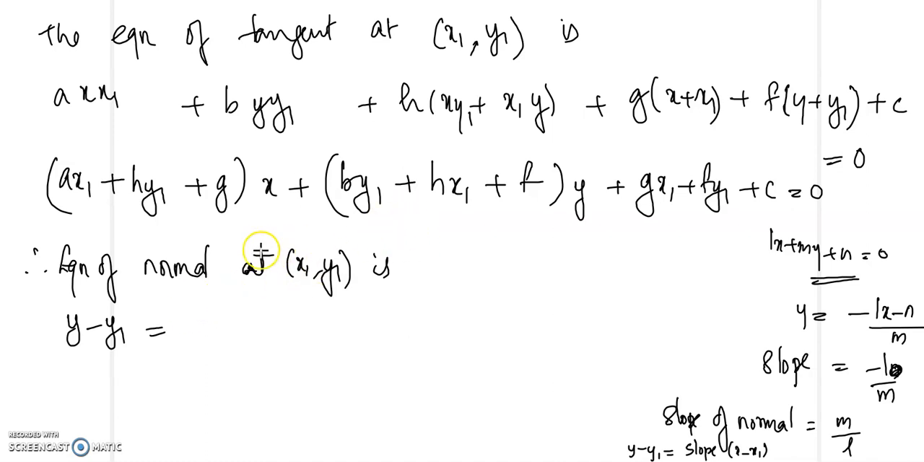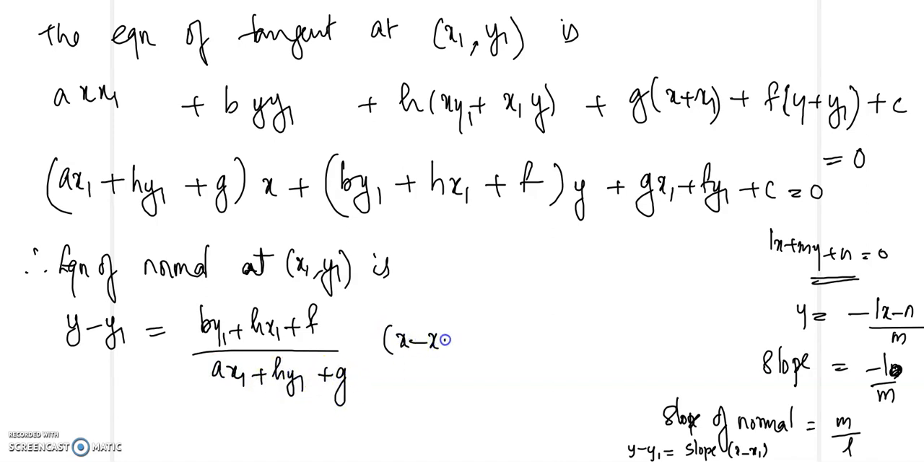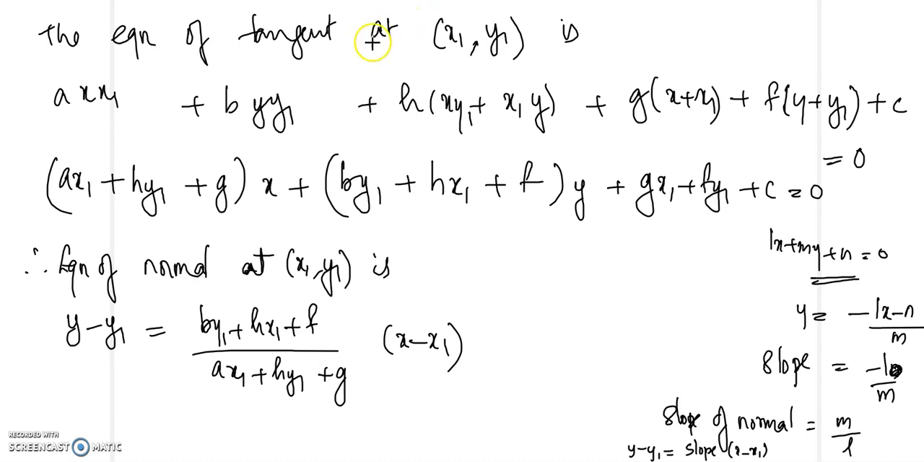by1 plus hx1 plus f by ax1 plus hy1 plus g, into x minus x1. So that is the equation of the normal. So that's the general equation of the normal line. So we have now seen the equation of the tangent and the equation of the